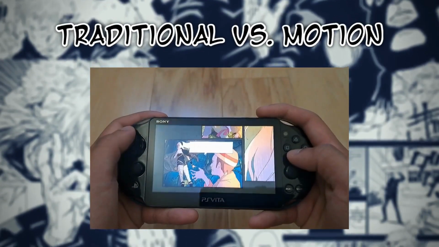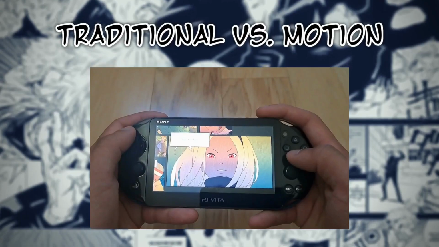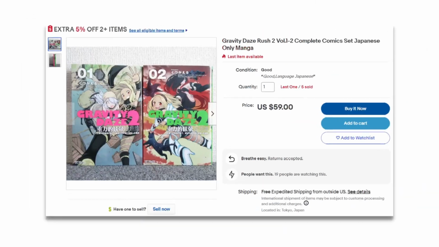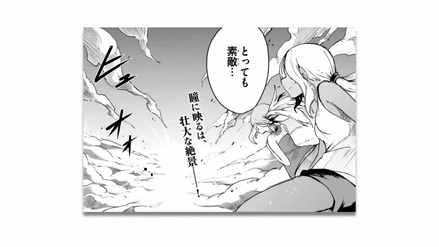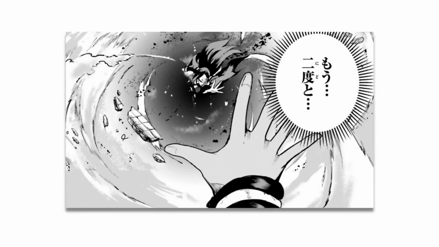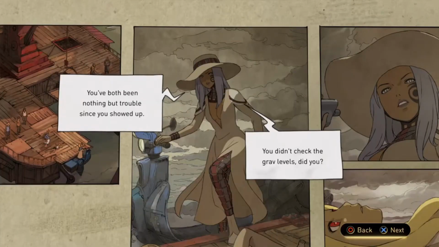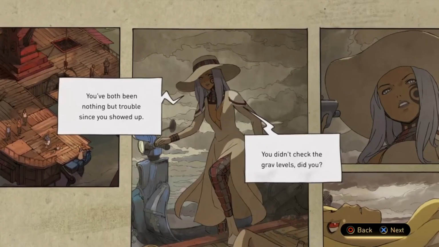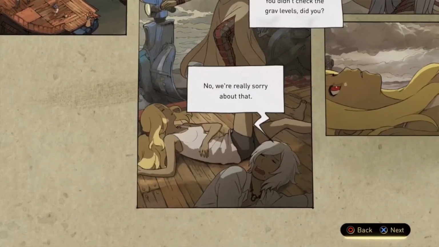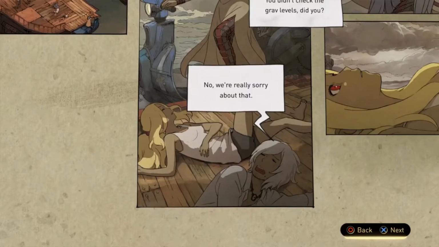Not all manga is translated for every audience, and it can be seen with Gravity Rush itself. The game also has a manga adaptation, which remains a regional exclusive to this day. There's no official translation, and the only way to obtain it is to order an import from Japan. Because of the motion manga that's used in the game, not much is lost in terms of art presentation or preservation. In addition to its art enhancements and accessibility, there's still more factors to consider with motion manga.